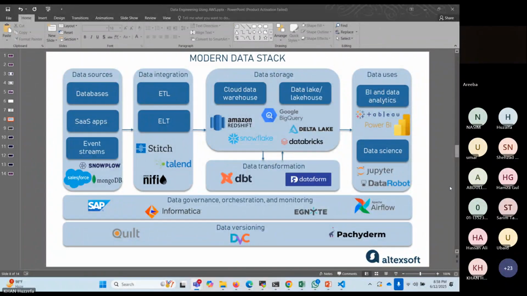Sure. ETL is basically extract, transform, and load, right? ELT is extract, load, and transform. These are two different things, and there's a big difference there. When you are working in a data warehouse system, most companies are following